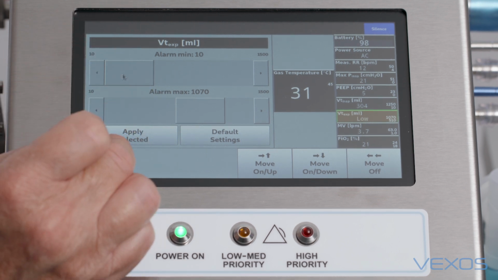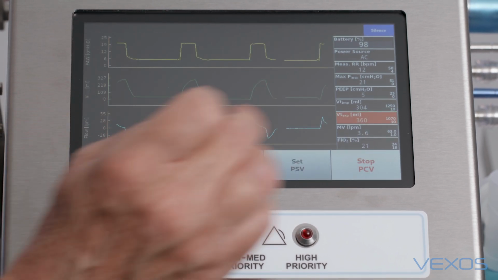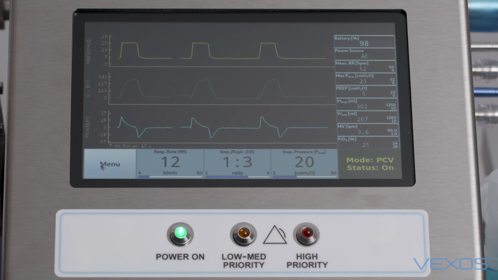Apply. And I can reset this alarm. So that's the low and high expired tidal volume alarm tested. To test the high minute volume alarm,